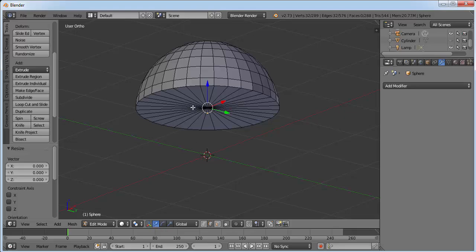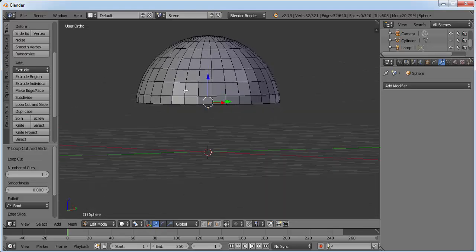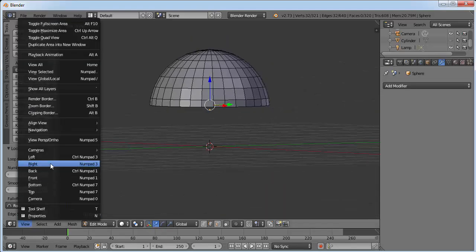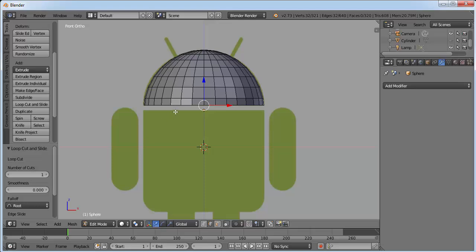Now again, bring your cursor here, click Ctrl R, click left click, bring it very close to the circumference and click again. Do the same here. Do the same here. Bring your mouse here, click Ctrl R, make sure you have a horizontal line, click and bring it very close and click again.